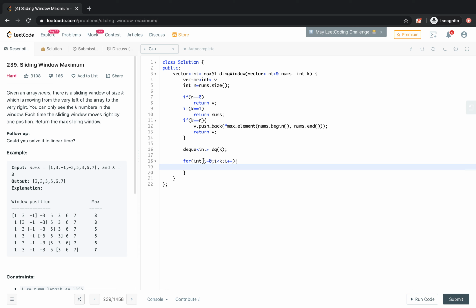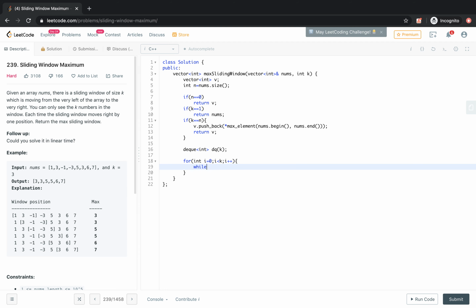So if we get a new element which is greater than the back element of the dq, then we will remove the back element of the dq and push this element.